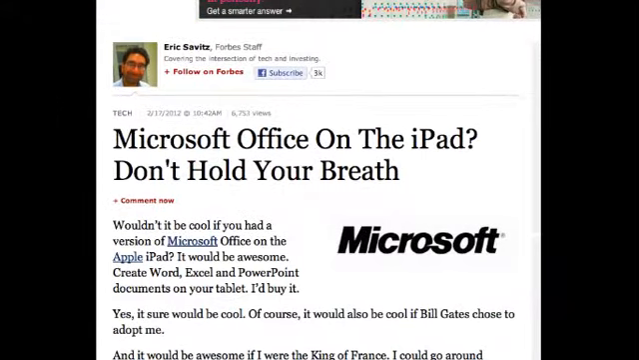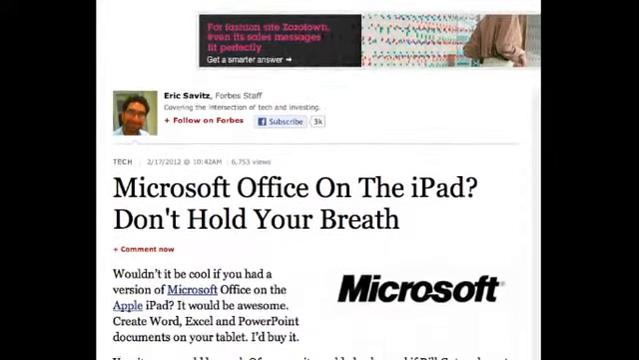Now, in past weeks, I've pointed out that Microsoft has released a large number of apps for the iPad over the last 6 months or so, and it makes me think that at some point Microsoft is going to release an official version of Microsoft Word and Microsoft PowerPoint and Microsoft Excel for the iPad. And Microsoft actually has released other apps that come from the Microsoft Office suite of programs that run on Windows. But Forbes magazine has an article out